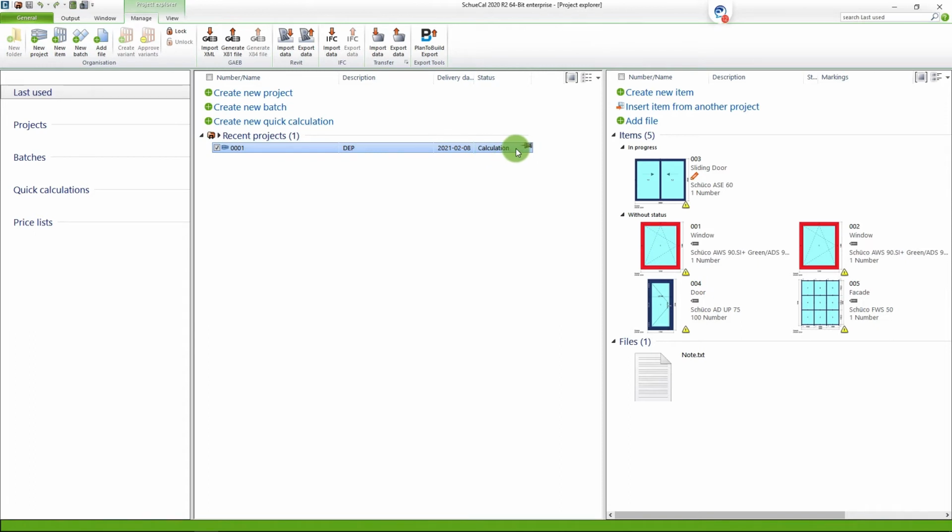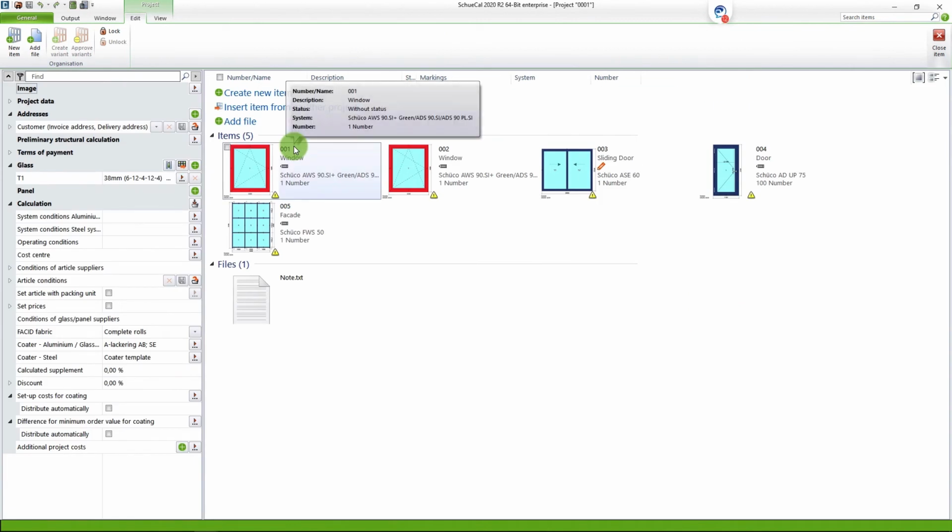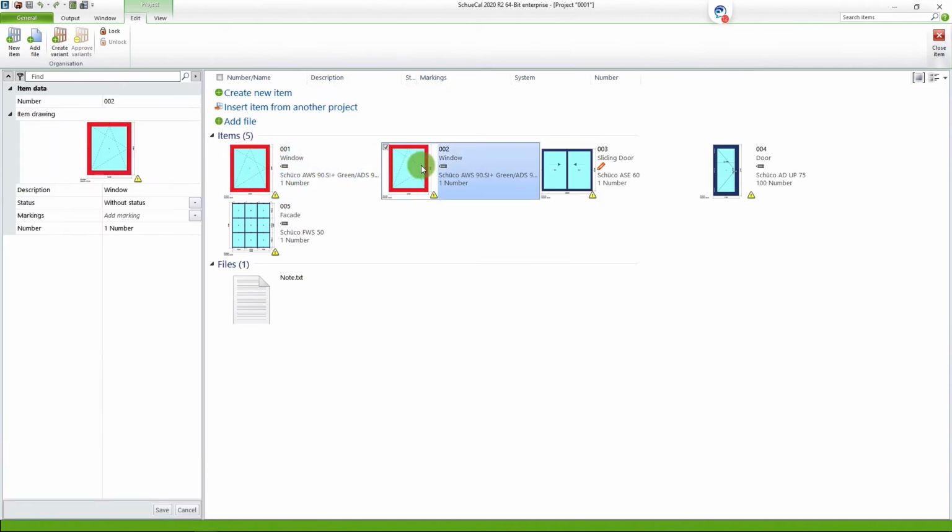And in a similar way, you can also set the different status for each and every item. And like you see here, I have 5 different items, and maybe not every item is on the same level. Maybe someone is being measured, someone are being calculated, some of them are going to the manufacturing. And this status you can all set by yourself. By double-clicking the project again, you see here, you can click each and every item.